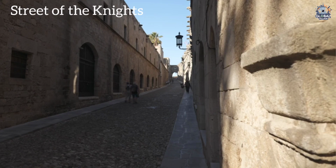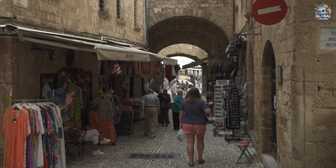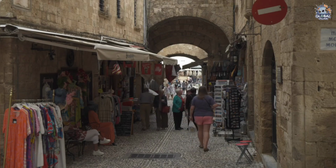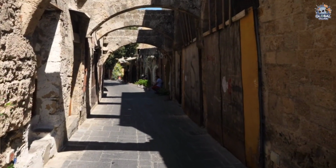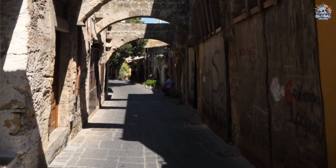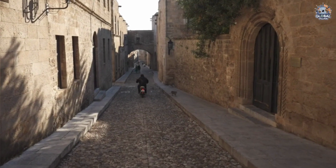2. Street of the Knights. The Street of the Knights in Rhodes is a famous medieval road in the Old Town. This 600-meter-long street is one of the best preserved historic places on the island. Built in the 15th and 16th centuries with sandstone, it is lined with grand buildings once used by the Knights